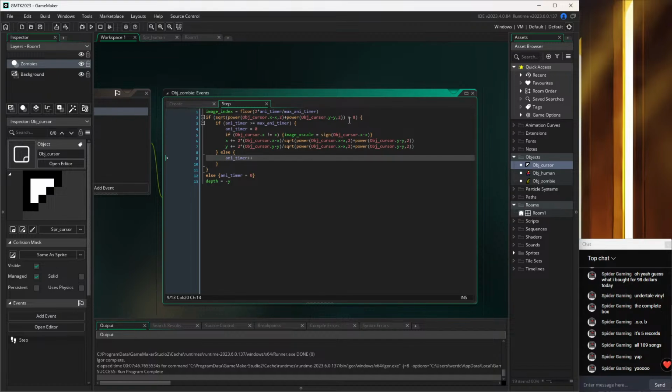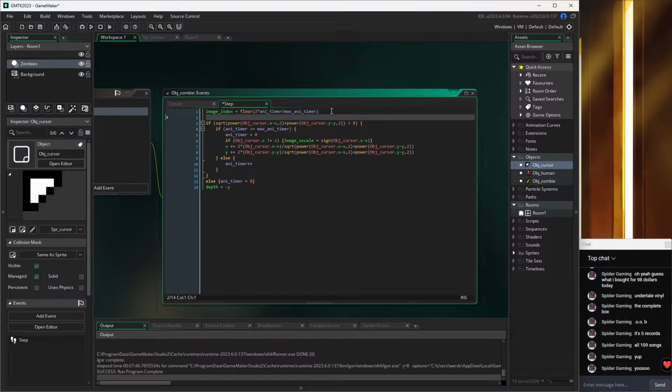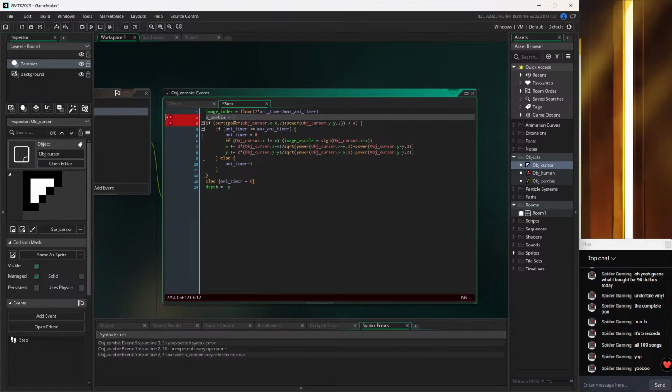Okay. So, where does this go in the zombie? So when it tries to move, we need to check if, let's call it the O zombie, the other zombie, equals,